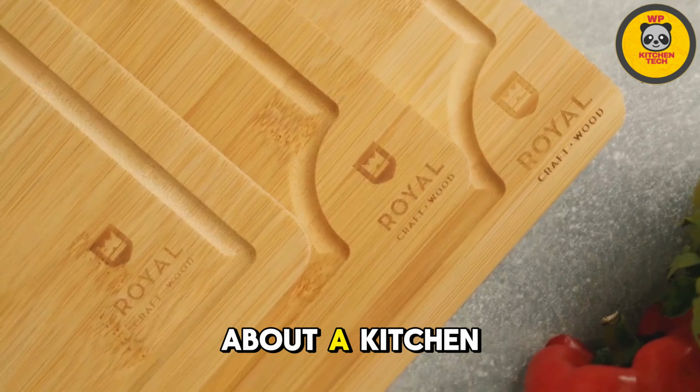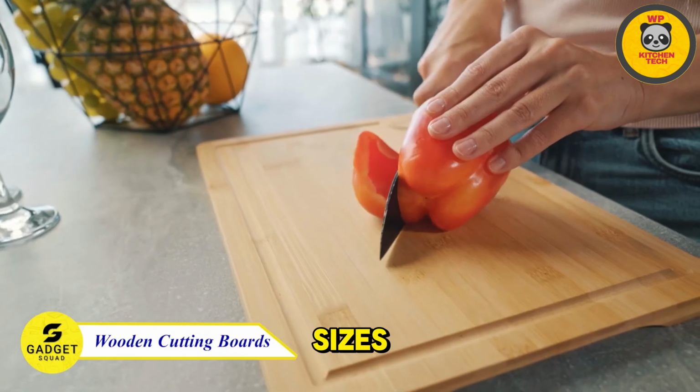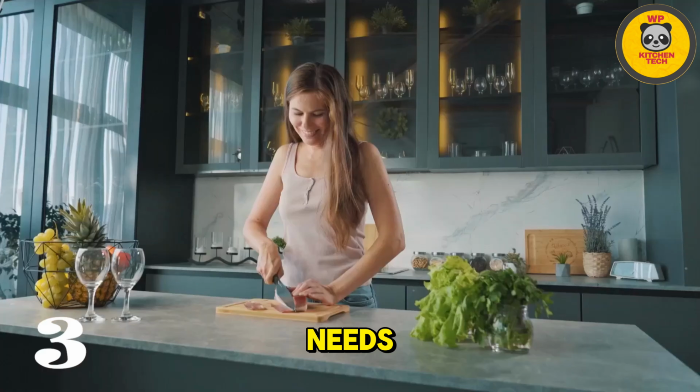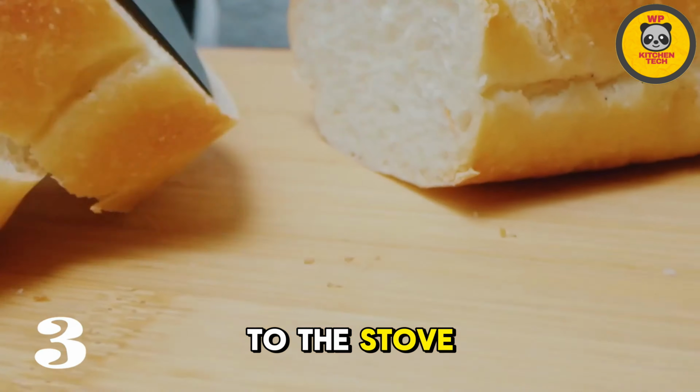Now let's talk about a kitchen essential, the bamboo cutting board set. This set of 3 boards and sizes offers versatility for all your cutting, meal preparation, and serving needs. The built-in carrying handles make it easy to transfer ingredients from the kitchen to the stove, and the thoughtful grips